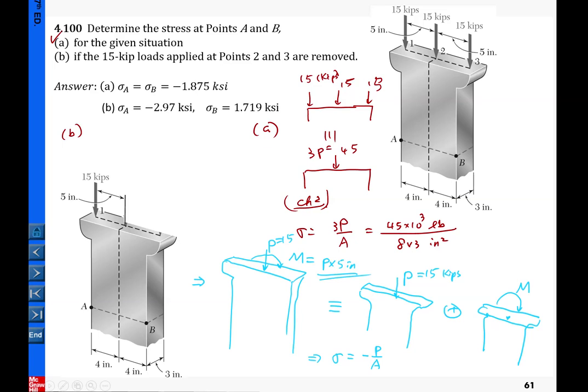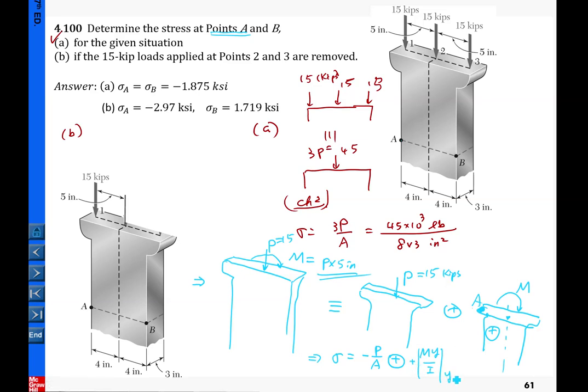Remember, we take the sign using negative for compressive and superpose. For example, point A. So point A is here. Point A, you can see for this case, this portion, the left hand side, will be in tension. So this is point A here. The magnitude is My over I, and we know point A is in tension,